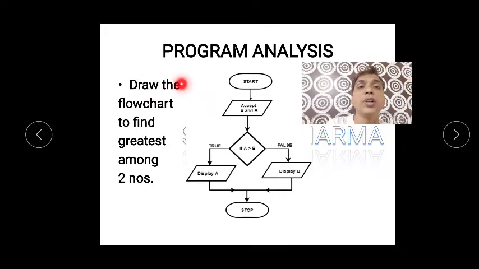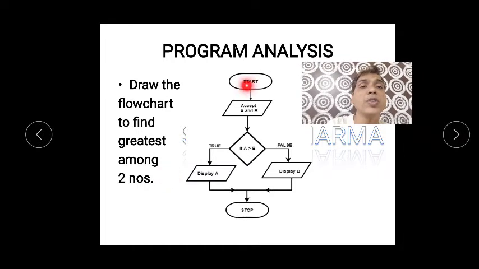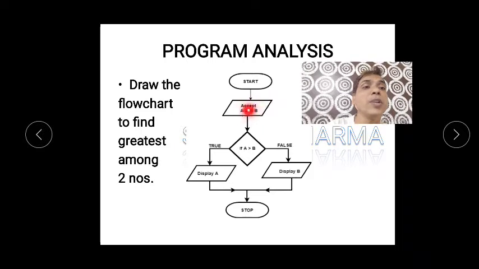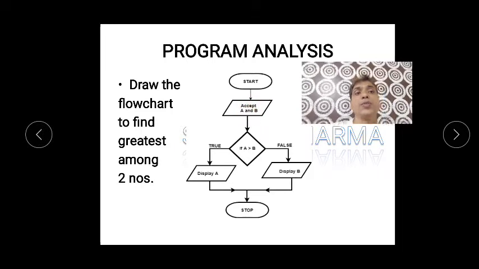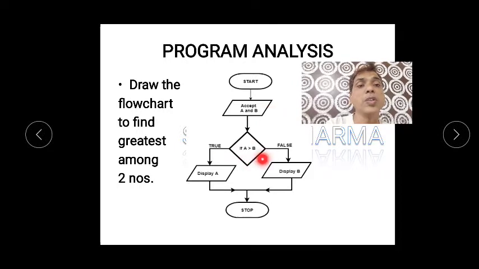Next flow chart: draw the flow chart to find the greatest among two numbers. I think here we require a decision box. Start, our input is A, B, so we require only two inputs. Now there is a decision box. If A is greater than B, there are two possibilities, true or false.